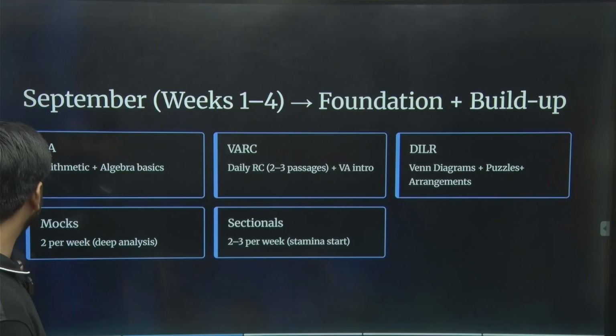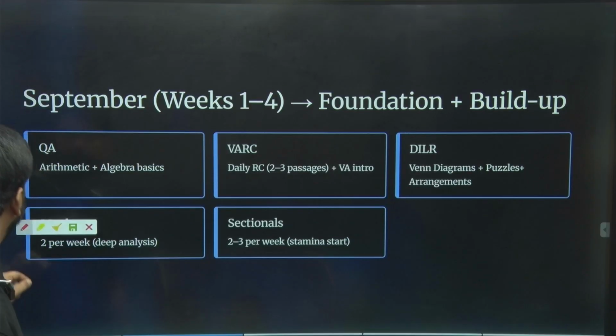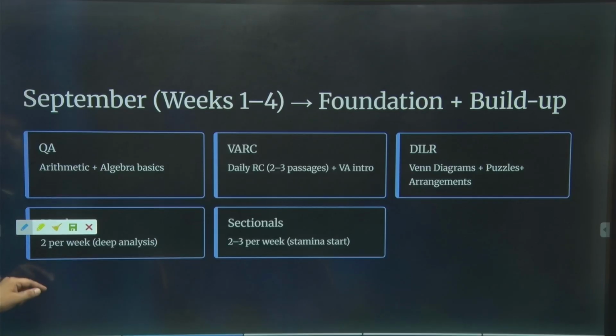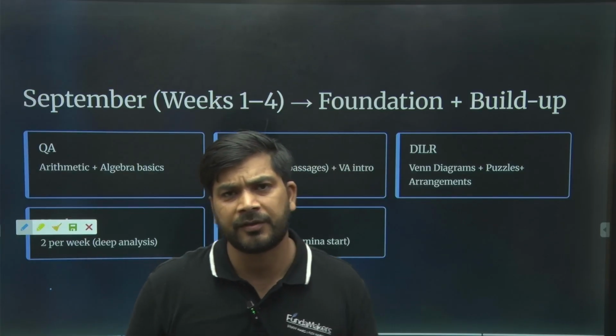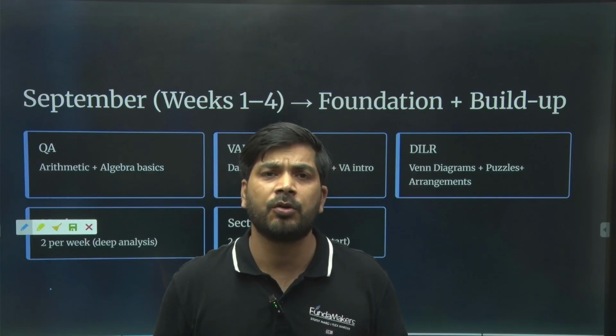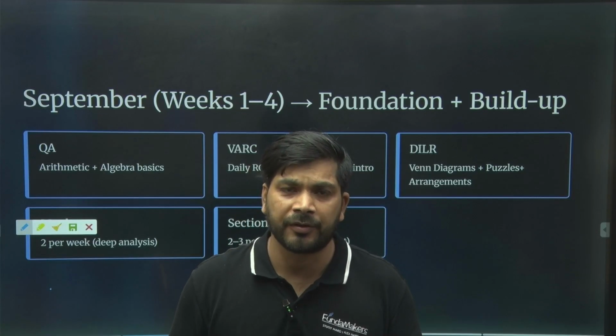So this is a plan. First, if you are bad at arithmetic, things are going to be tough. Things are going to be very, very tough. So you need to first make arithmetic easy for yourself. And how do you do that?